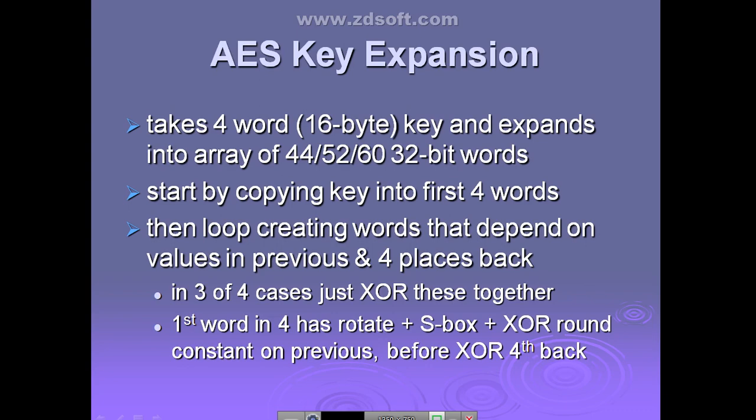Just remember, what does expanding mean? 4 words will be expanded into an array of 32-bit words. 4 words to 32-bit words. Clear? How can it be done? For that, it is going to have rotation, S box operation, XORing with a round key constant, right, with the previous 4 words, or it is going to use the words 4 places back also, right? All these operations are performed. Because of that only we can expand the key. Just remember this much. This is more than enough for you.